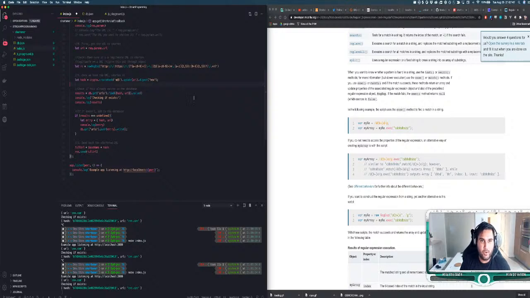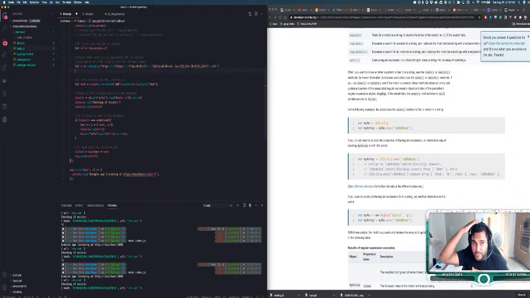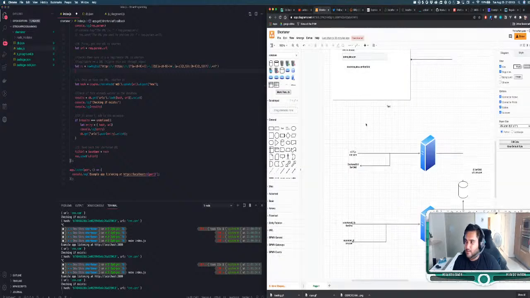I feel like this is not the right way to use this regex. I'm pretty sure this is not what I'm supposed to do here. I'm relatively certain, but that's fine. Oh, to answer your question, I'm making a URL shortener. Basically it's like Bitly, but not Bitly, where you put in a URL and then